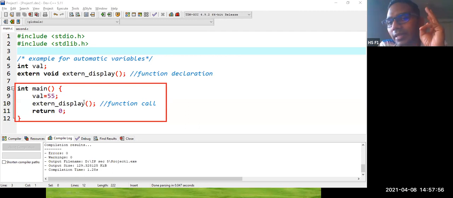Third one we have seen is a static variable. A static variable will be having the default value of 0. It will be created only once and the value will persist throughout the functions. Persist throughout the functions means it is not going to be recreated every time. And the last one we have seen is extern. Extern means we are having two programs. One program will be having the value. The second program will have a function to print the first value. Compile both the programs, execute. Is this clear?